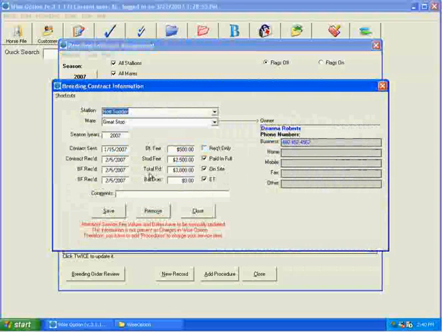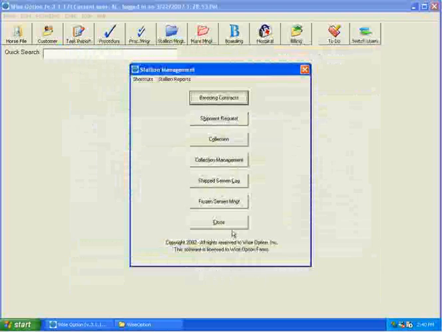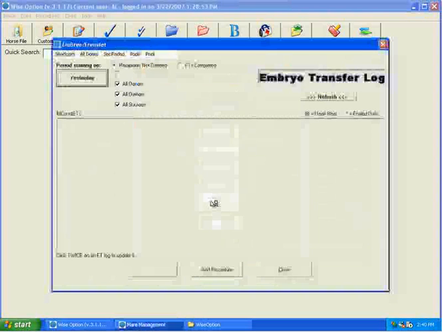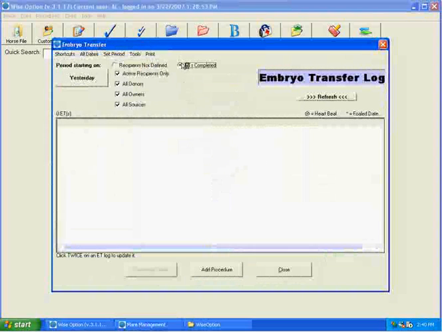I had entered in her contract receive date and her balance due as the other two items at the bottom of that form. So I can show you a couple of other ways. One of the form letters that I like to use is from the mare management. I open up the embryo transfer log, and let me get a list of embryo transfer mares for you to